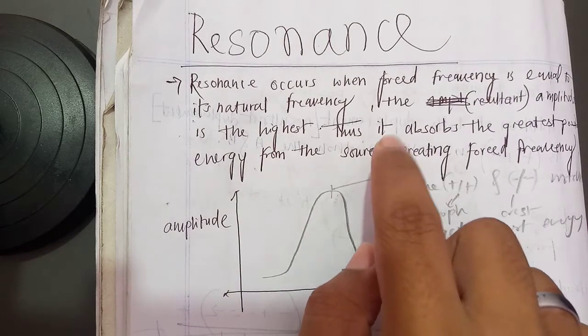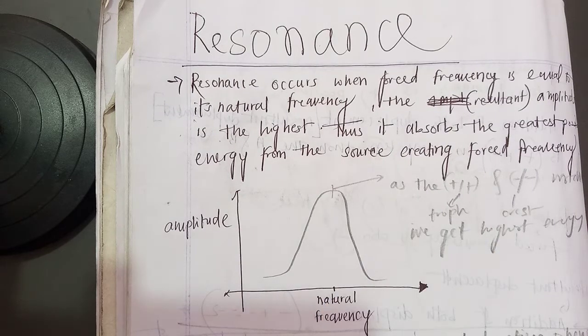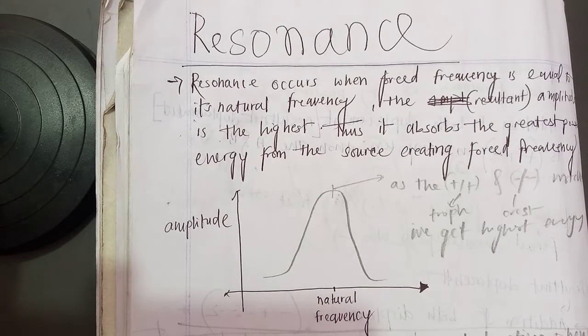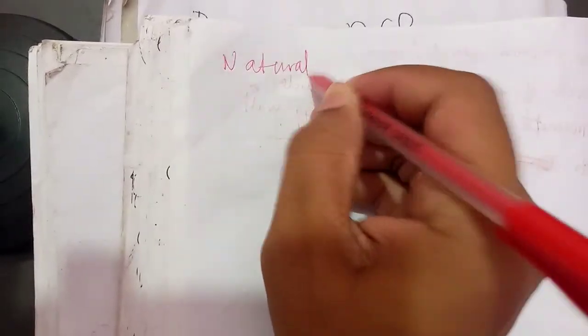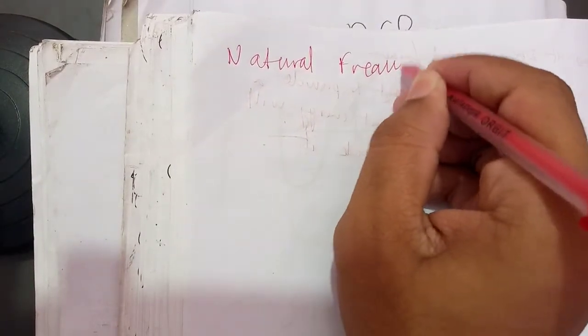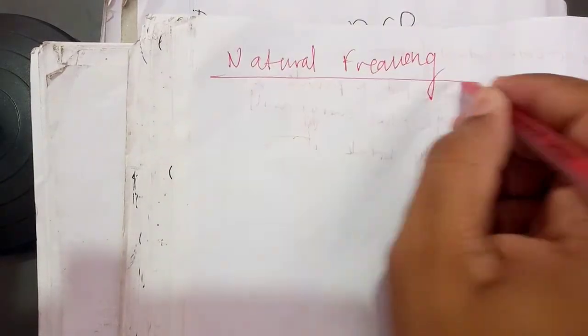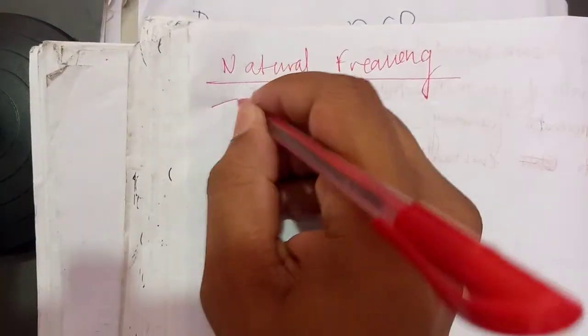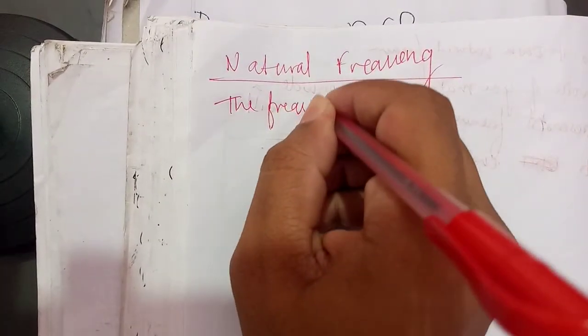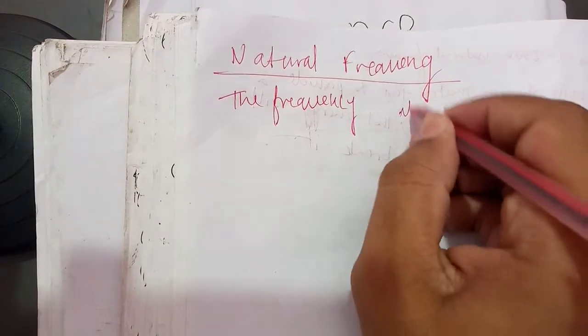So this one is the book definition, but I have my own definition, I think, which describes the resonance thing better. But before even coming to that, we have to know what natural frequency is. So natural frequency is the frequency, let me write it, the frequency at which